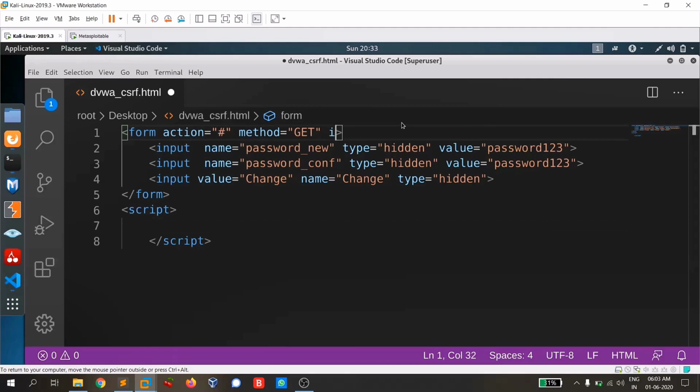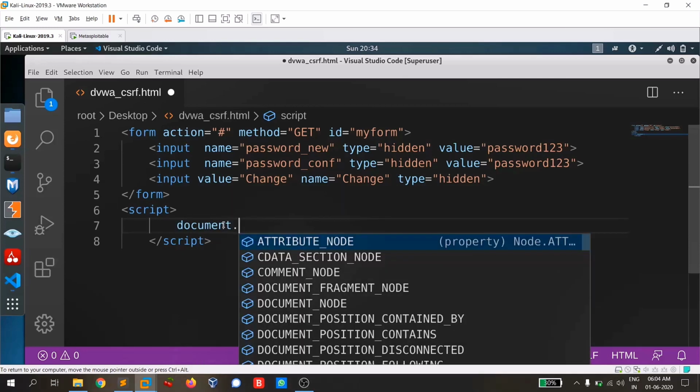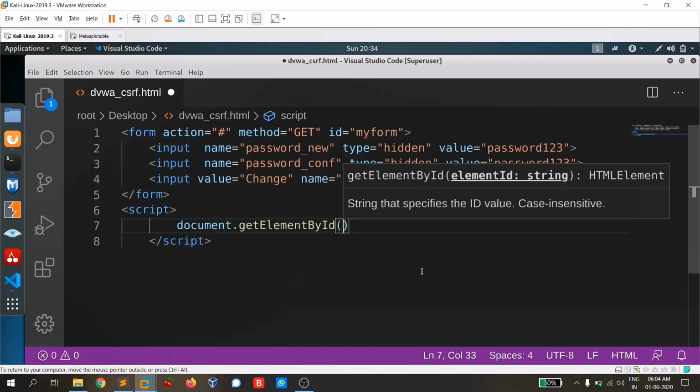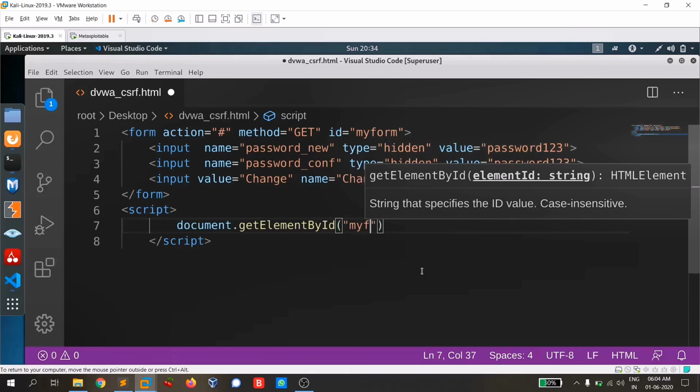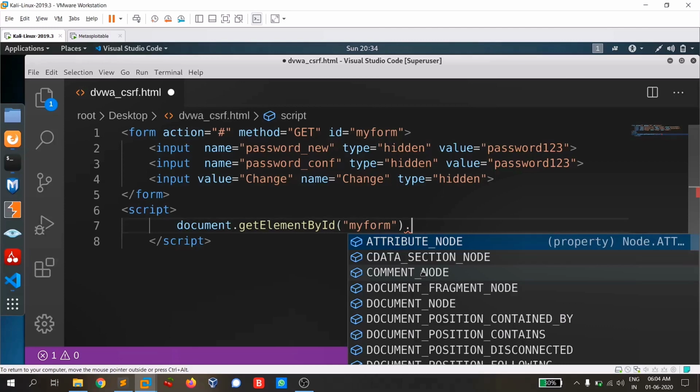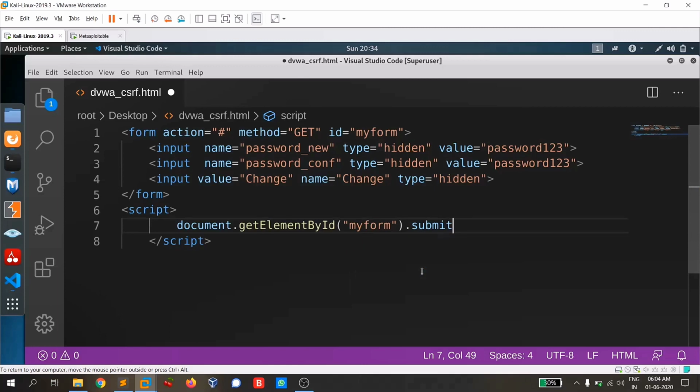Let it be ID equals myForm. Then we're going to implement a simple code here. We're going to use the document object. So document.getElementById, since we provided the ID, and the ID is myForm, and myForm dot there is an inbuilt method called submit, which auto submits the form. So submit, and I'm going to save this.